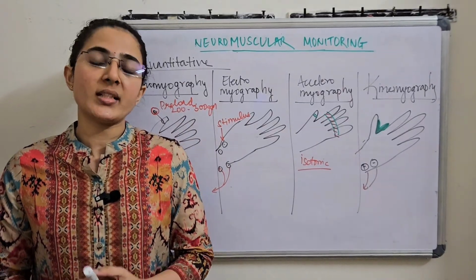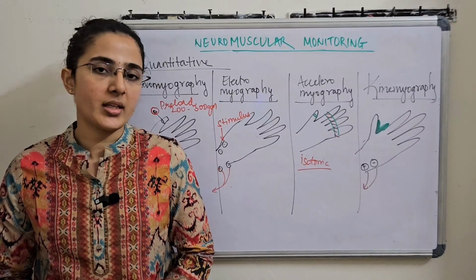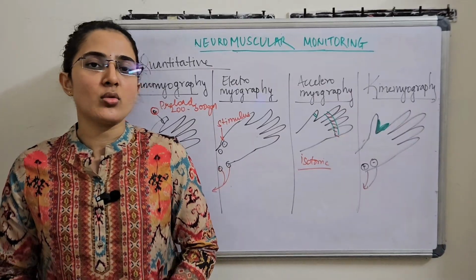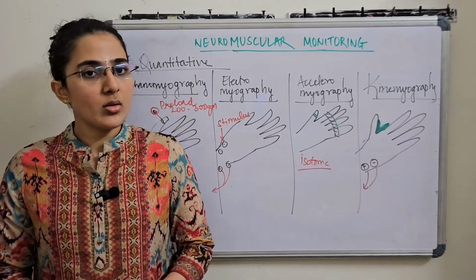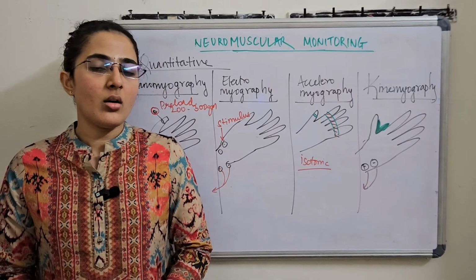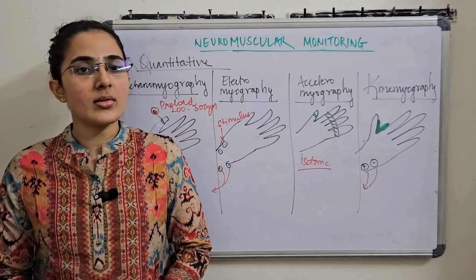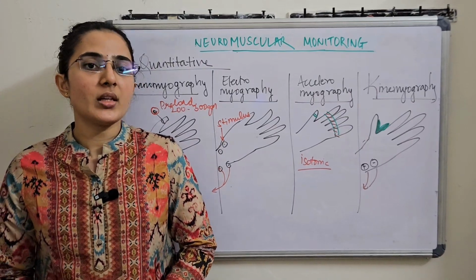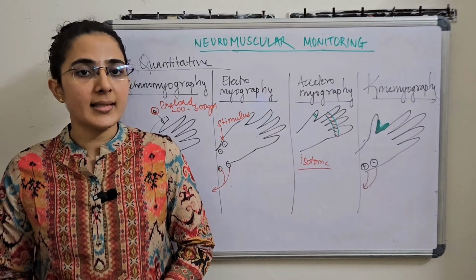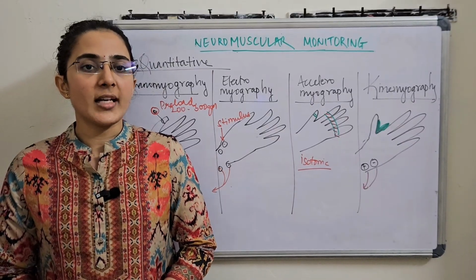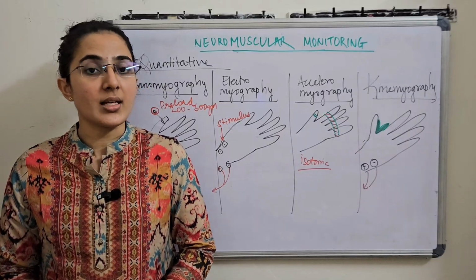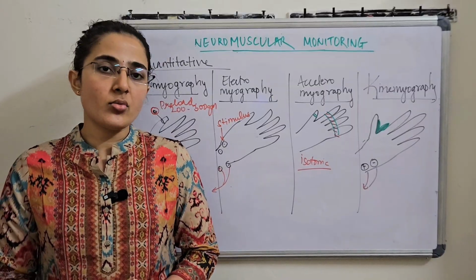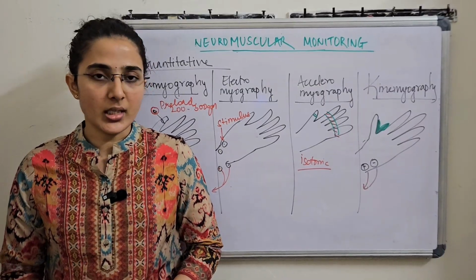So next we come to the uses of neuromuscular monitoring. It is very useful for induction and for knowing the depth of the neuromuscular blocking agent. It is also very useful for reversal of the neuromuscular blocking agent, and for extubation criteria. It's also useful in patients with liver or renal transplant or renal diseases, where the pharmacodynamics and kinetics of the neuromuscular blocking agent alter significantly. It's also very useful in phase 2 block caused by the depolarizing muscle relaxant.